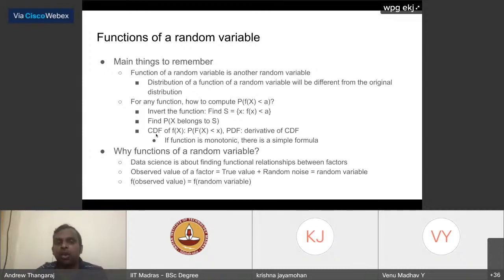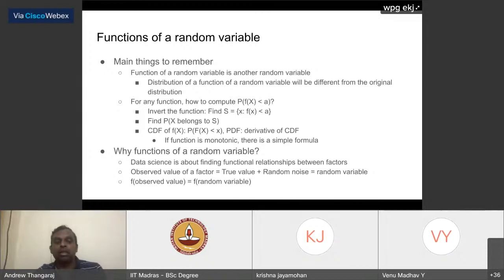So from here you can compute the CDF. Why? Because CDF is just probability that f of x is less than x. Once you find the CDF, PDF is the derivative. We can come to PDF and all later, but just generally this idea that probability of a function of x satisfying some condition is not too scary. You just have to convert it into this set of all x that satisfy this. This can involve some mild tricks, but mostly it will be easy, particularly if the function is monotonic. It will be very easy. So it will just be a 2 or 3 step process.